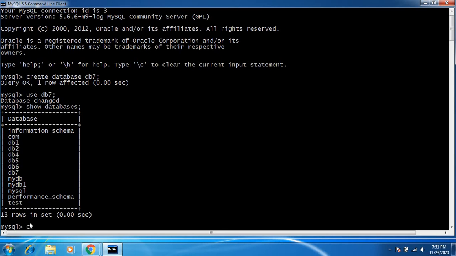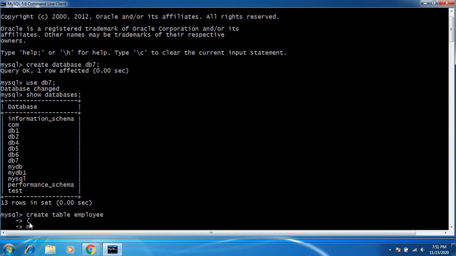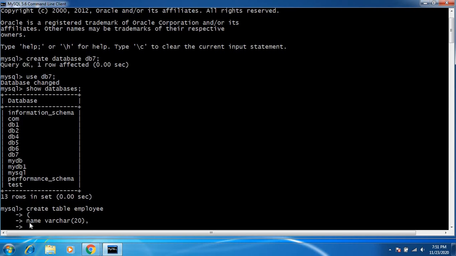So you have to create a table. So using the create command, create table, table name. So what are the fields? The first field is name. The second field is salary.